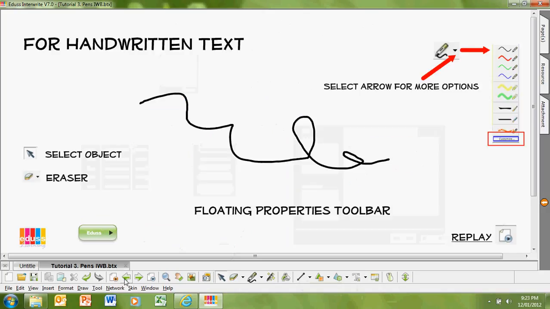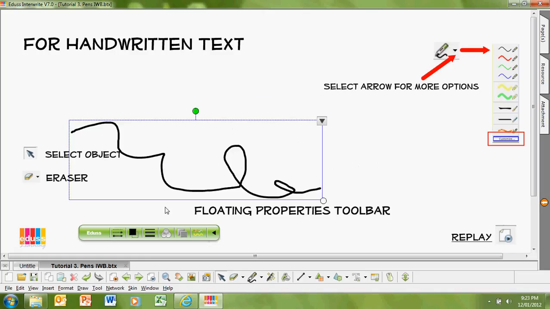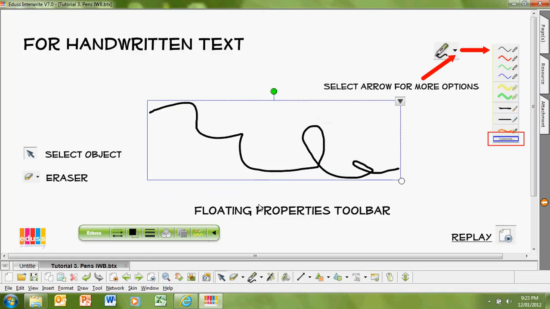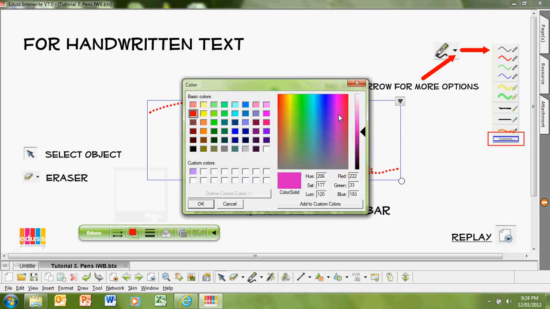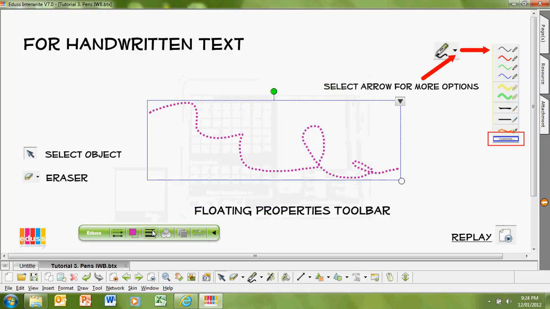You can then click and drag it anywhere you want on the screen. Just getting back to the line that I have created, if I use the select object to tap on it, I'm able to move it, as I said, anywhere that I want to on the screen. I can also change the style of line. I can change the color of the line, and once again, if we go to more, we can select a completely different color. I can change the thickness of the line,